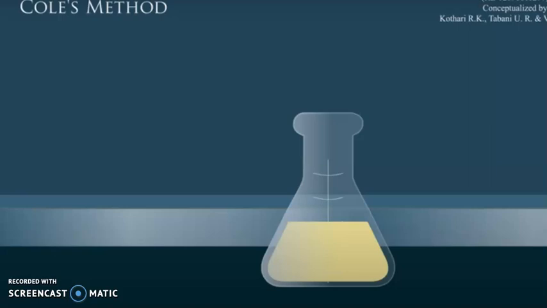Now for this titration we are using potassium ferricyanide, our milk which contains the milk sugar, that is the lactose, and for that we are using the indicator methylene blue. Now this whole titration we are performing under the basic condition, under the alkaline condition. So during this titration, lactose is oxidized and the ferricyanide is reduced into the ferrocyanide. Finally, because of the methylene blue indicator, the lactose is converted into the glucose.